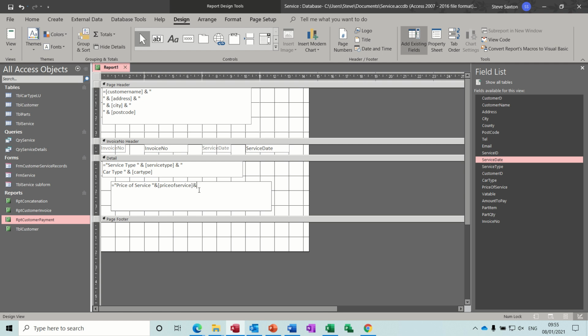and then we need to come down a line. Control Enter. So now we want to know, is it vatable or not? So price of service. So now to get the vatable bit, we need to do a formula. We need to do an if statement. So if it's yes or no. So we've got quotes there. So we need to close quotes, and IIF if vatable in square brackets, vatable in square brackets is equal to -1, because if it's true, it comes